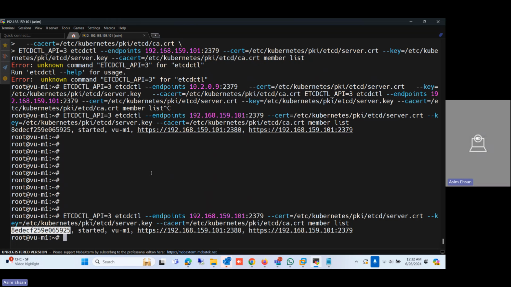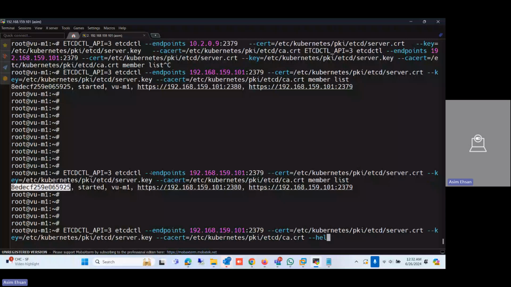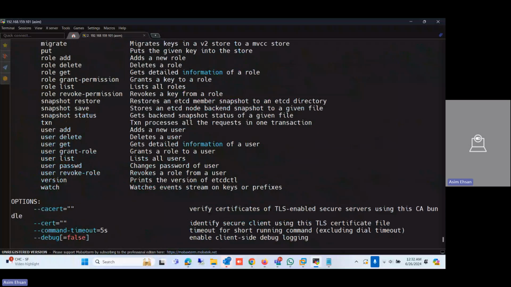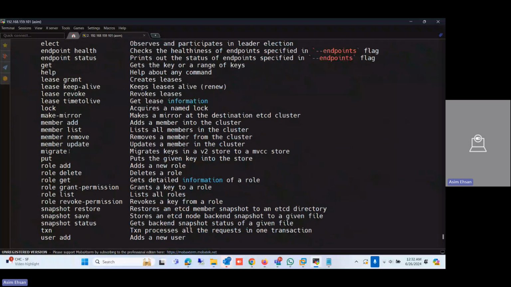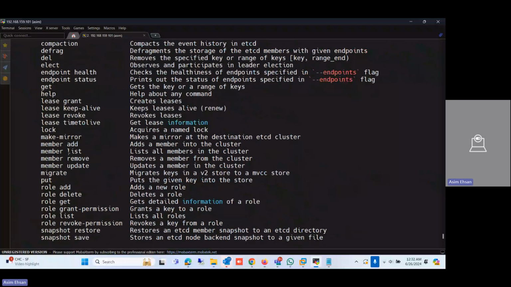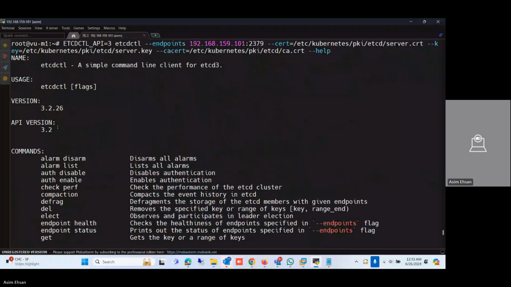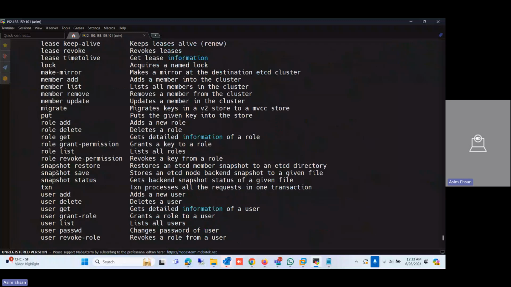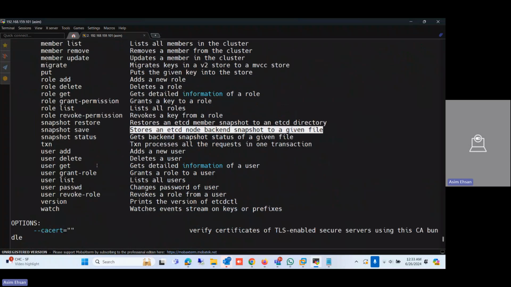The other thing I can do is the backup. If I do hyphen help, I can use member list, member add, yes, snapshot save, restore, and etcd node backend snapshot to the given file. If I look into the documentation,